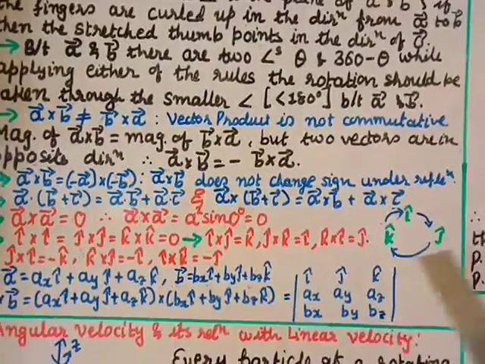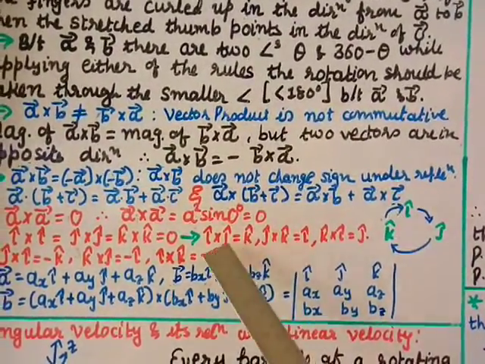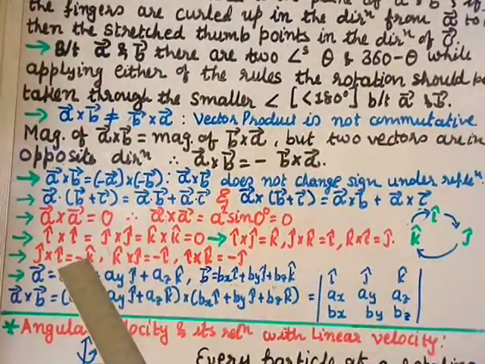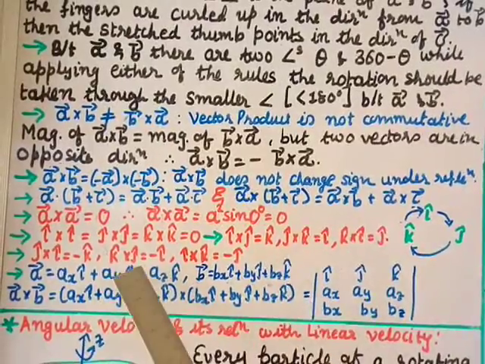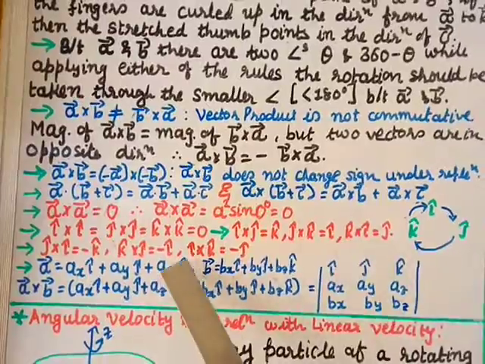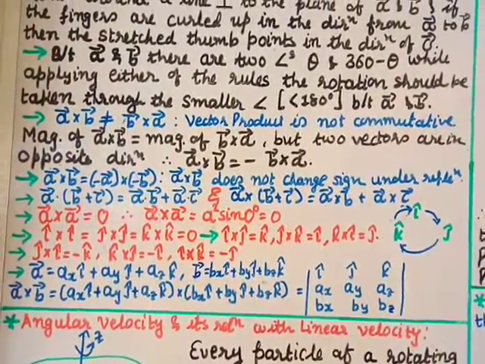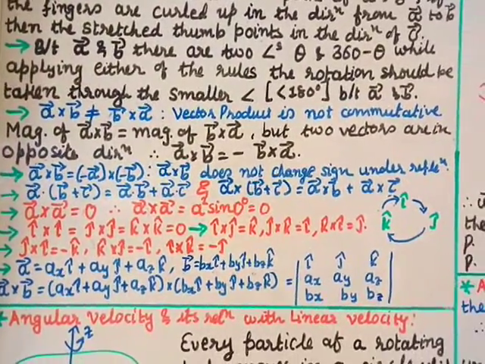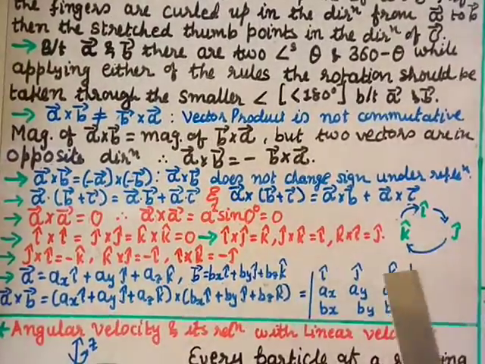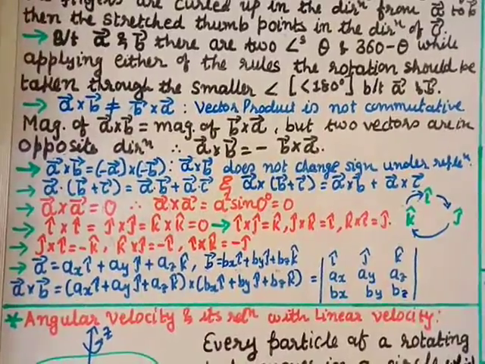But suppose you are doing non-cyclic, that is opposite to this. If you are doing J cross I, then you will get the same answer but negative. I have written here: J cross I will be minus K. Then K cross J will be minus I cap. And here also if you change the order, I cross K will be equal to minus J cap. So in a cyclic order, the cross product is positive, but in non-cyclic order, the vector will be negative. This we can use for the unit vectors.